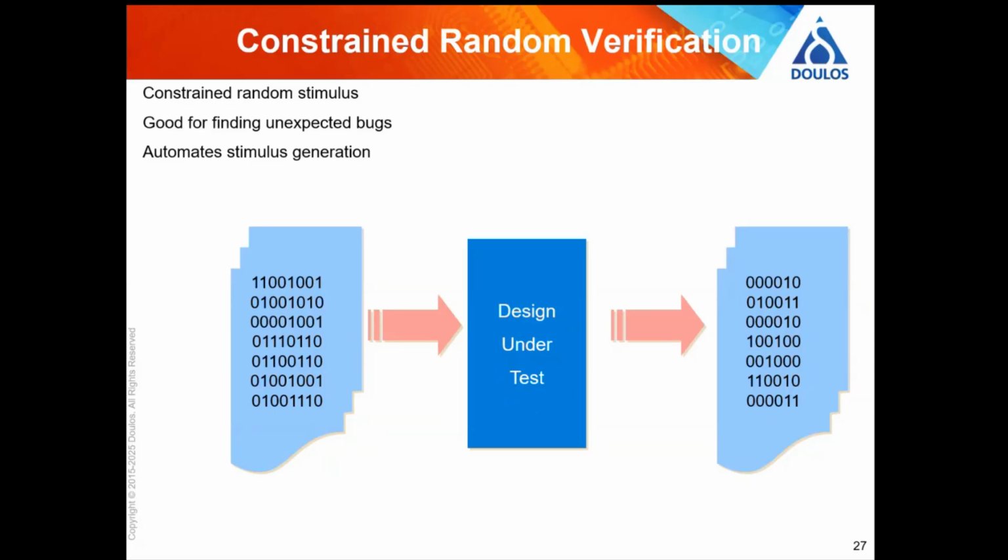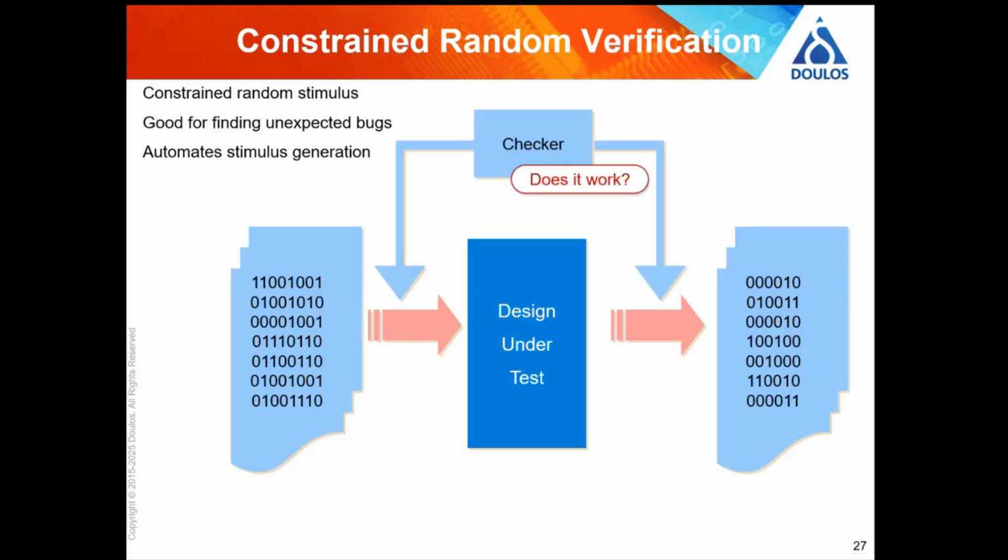What is the disadvantage? Well, the first disadvantage is it's harder to check that the DUT is doing the right thing. Because with a directed test, the test you saw 3 slides ago, we wrote some data to address 0, and then we read it back and we know what data we're expecting. Whereas with a random test, how do we know what the design under test is going to do? And so